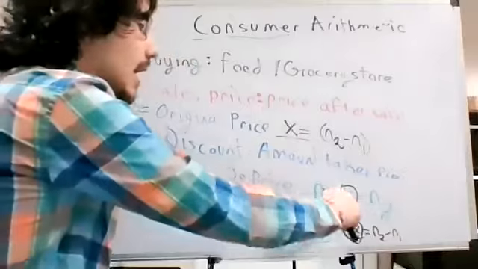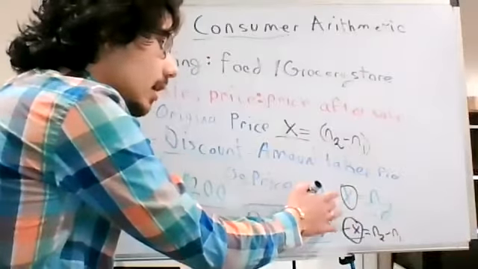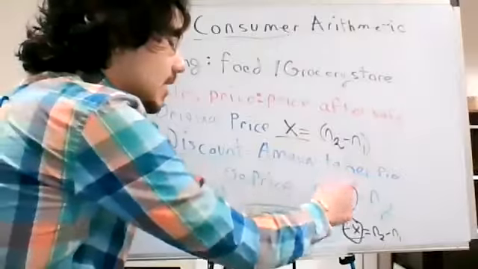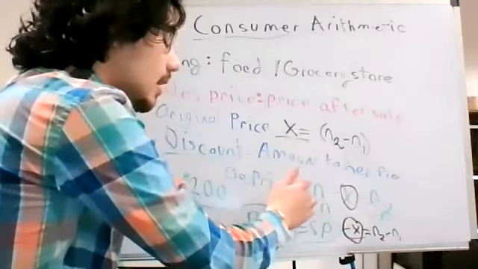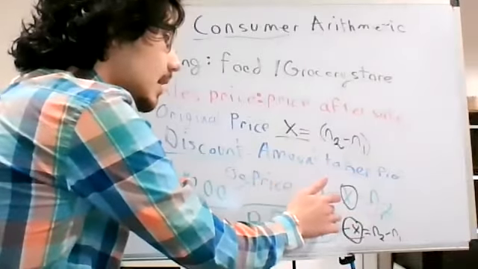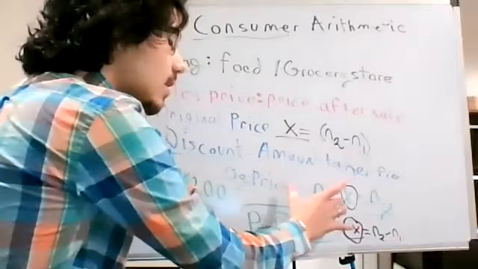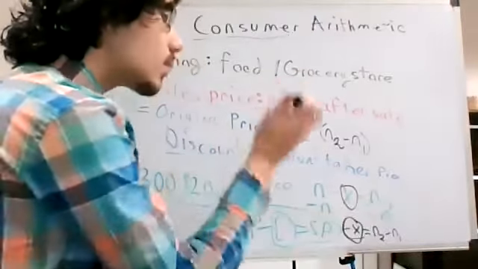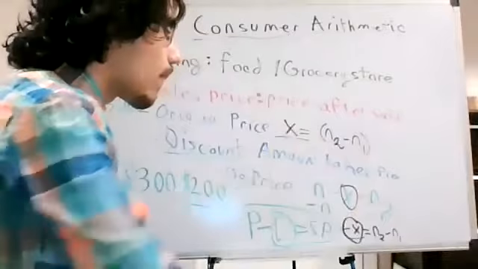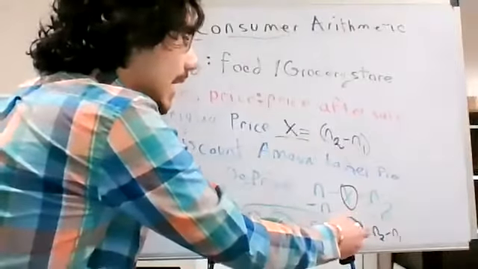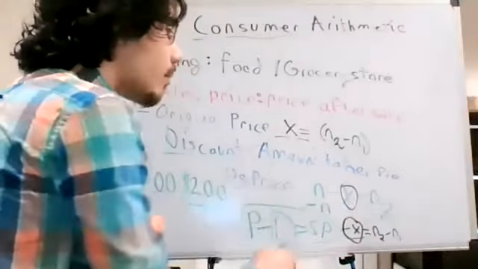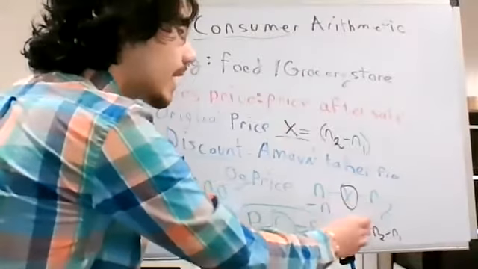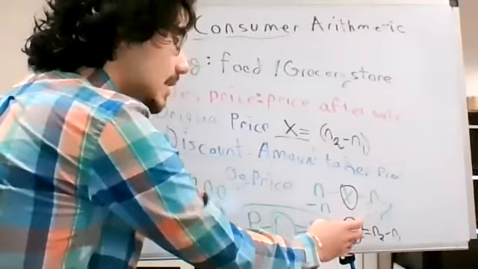That's why over here, we had n minus x. We wanted to get the x by itself, so we took minus n from here, and because we did it on this side, we had to do minus n on this side. That's when you do both sides. Here, we had negative x, and we got it to positive x by multiplying this side by negative 1. If we have to do the same thing to this side,